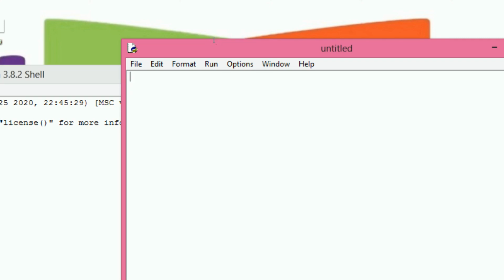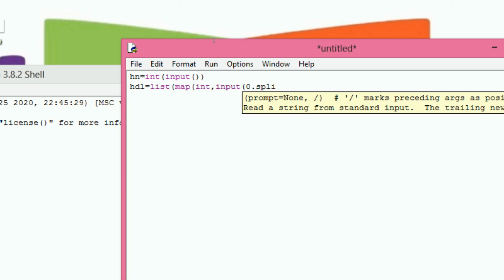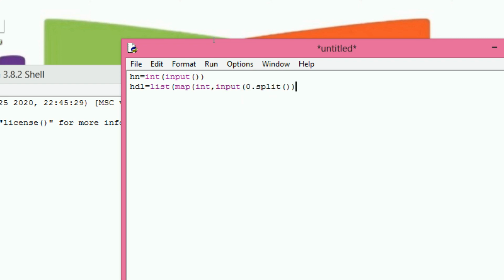So hn equals to int of input. After that HDL equals to list of map of int comma input dot split. Input. After that bn equals to int of input.